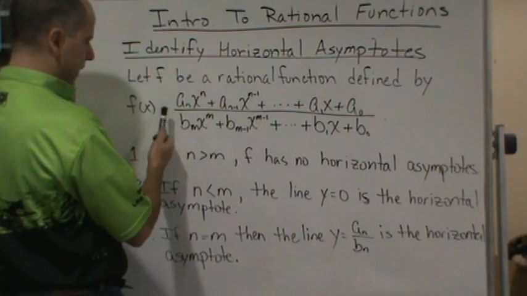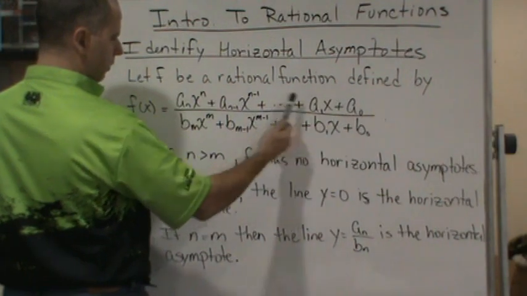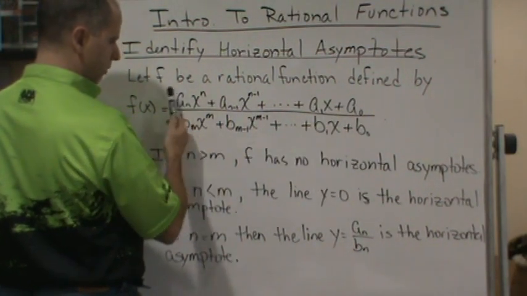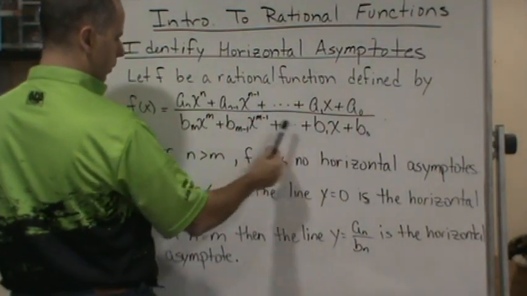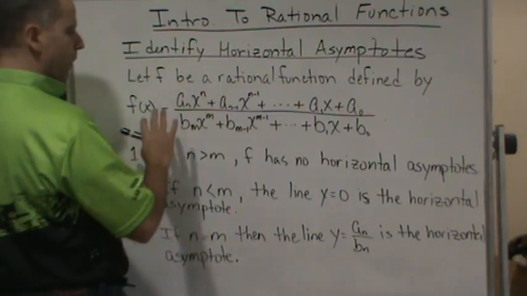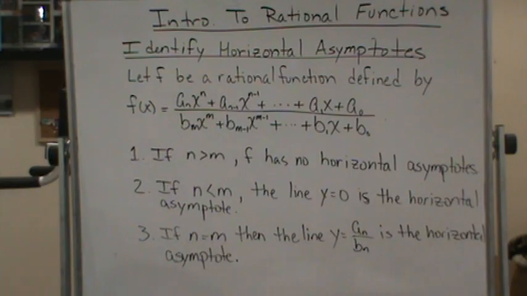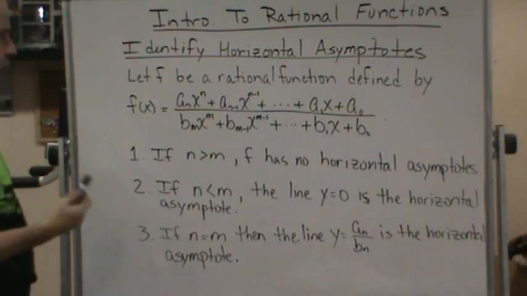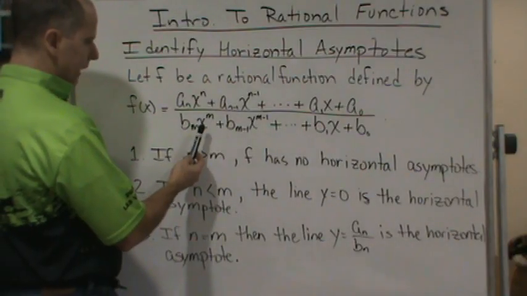So notice that we have f of x is equal to the polynomial, okay? This polynomial in terms of a, the coefficients a. And then another polynomial with coefficients b, okay? So we're just representing f of x as a rational function using different notation, okay? Because what we want to show you here is that notice that in this case